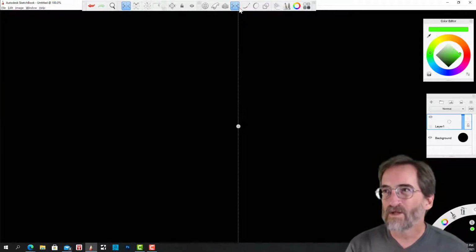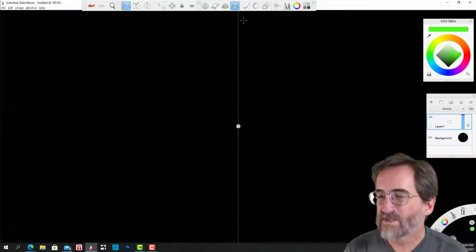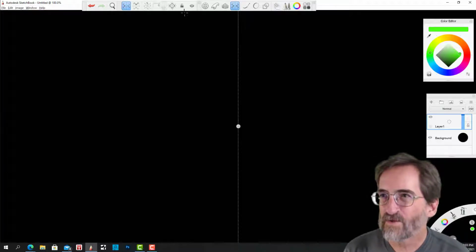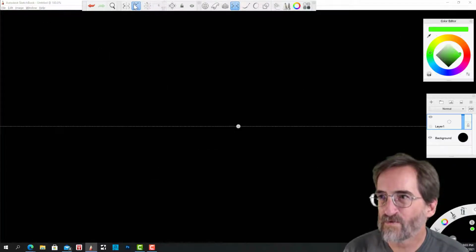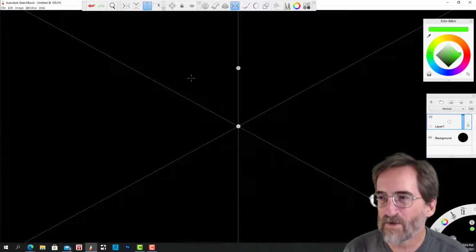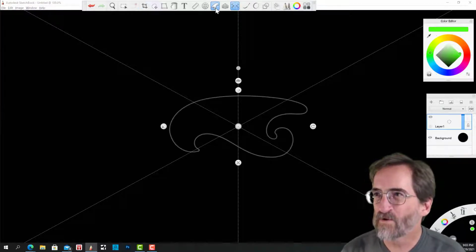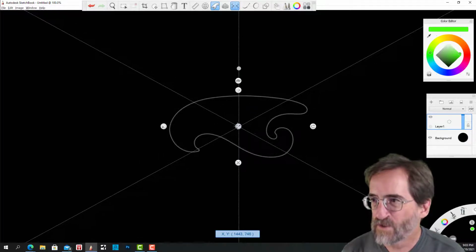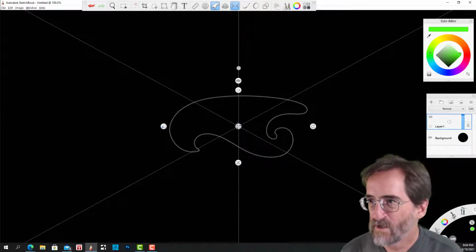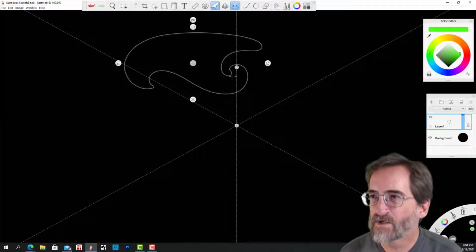This is kind of cool. It's a little tool that works off of symmetry. I can do symmetry this way, or this way, or this way. I'm going to do this. Oh, this will be fun. Okay. And then I'm going to grab what we call a French curve. And we can change the point of symmetry here. Okay, but I'm going to grab my French curve, and I'm going to use it